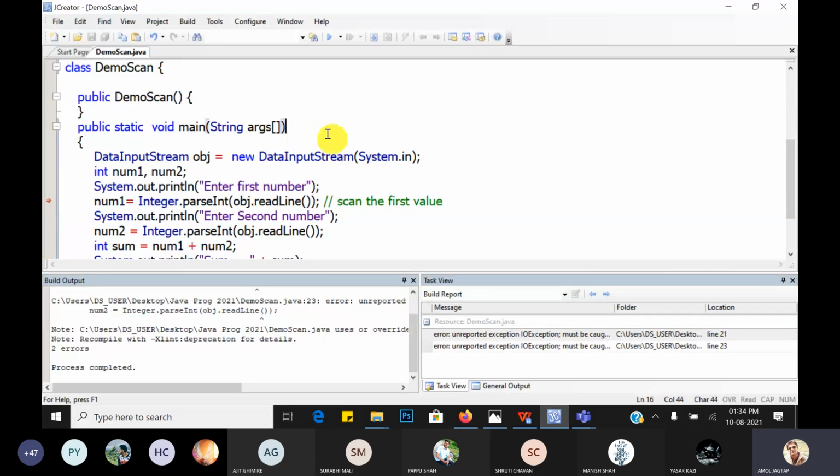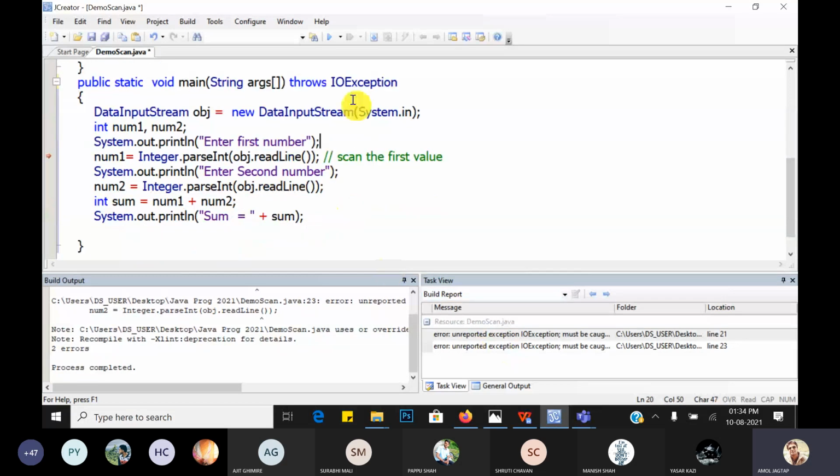So either a try catch block is used, or the simple way, use the keyword throws IOException. Whenever any exception is raised, it is reported to the IOException class.